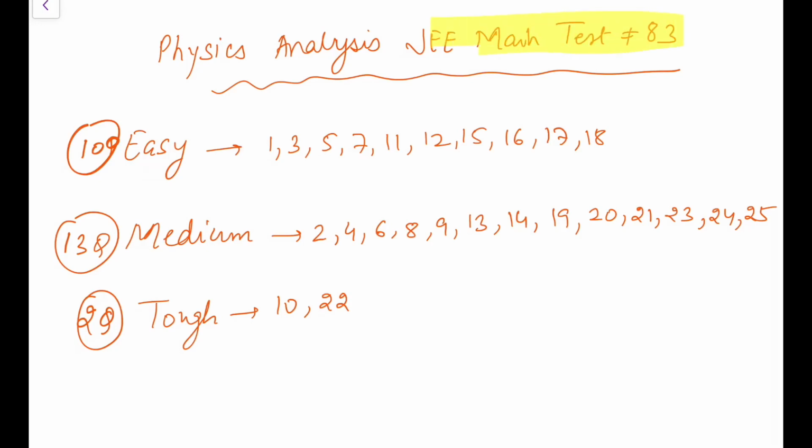I've just solved this JEE Main Test 83 and here's the analysis of this paper, physics part. This has comparatively more easy questions. I have regarded 10 as very easy, 2 were tough, 13 were medium, and some of the medium were also very easy to you if you have practiced. So I think here the minimum scores would be higher.